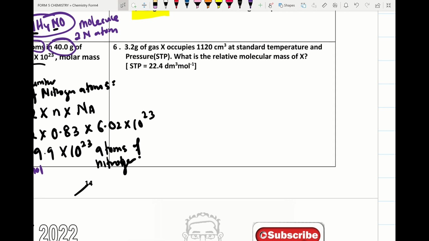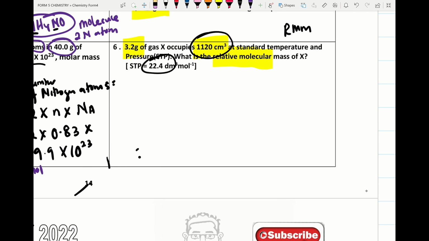Alright, check the question. So we read the question. 3.2 gram of gas X occupied 1120 cm^3 of volume at standard temperature and pressure. What is the relative molecular mass? They want us to find RMM. So the first formula that we have to use at this point, and we already have STP given,